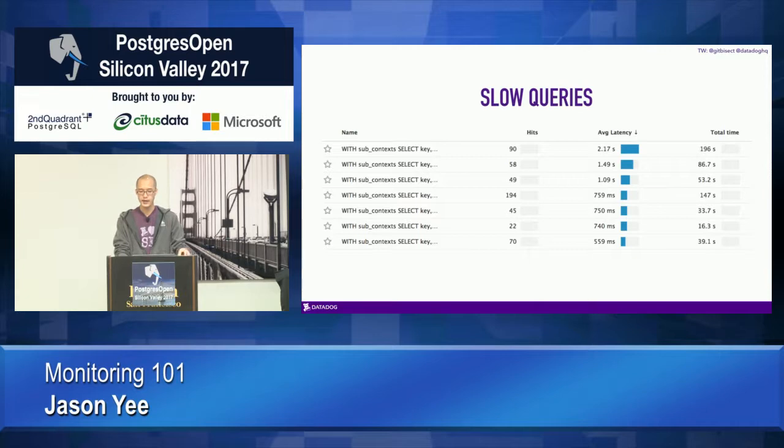And a lot of people think about this as, well, what difference does this make from the slow query log? Are people familiar with the slow query log in Postgres? That's not a lot of hands. OK,